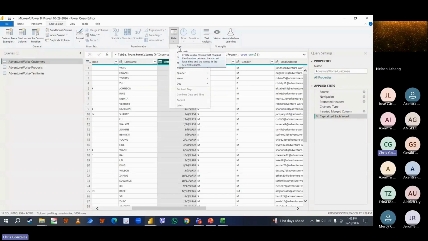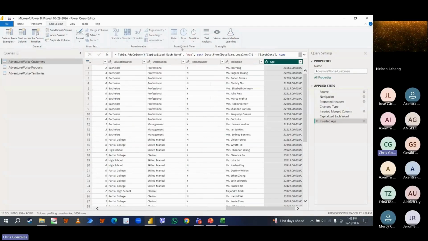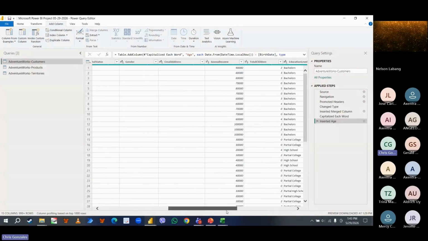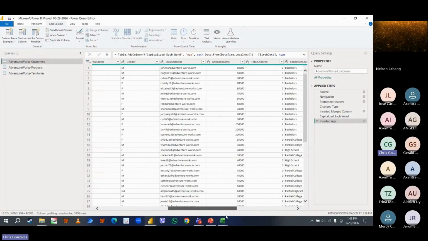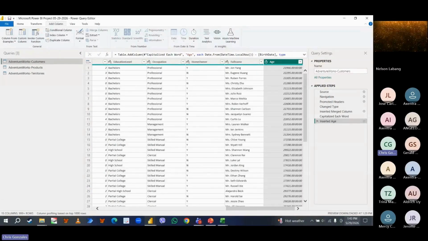But if I do this, let me show you some example. So add column, date, then age. Yes, it adds a column, but there is something wrong with the output. Doesn't look like years, no? It is actually number of days by default. It is the number of days between the birth date up to the current date of your device. Okay, so how can I convert this to number of years instead of number of days?